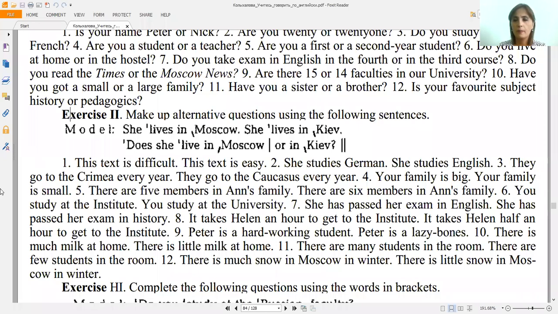So, dear students, this is the end of our today's lesson. This is the intonation of alternative questions. Is it understandable to you? Have you got any questions to me about the intonation of alternative questions? Please. If you have got any questions, I'm here to answer your questions with pleasure. Is it clear to you, everything? Yes. Have you got any questions? No. Is it understandable? Yes. Okay, in this case,